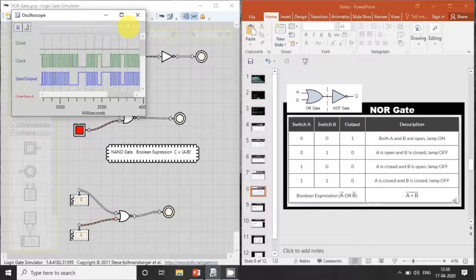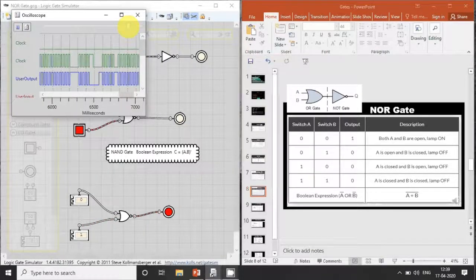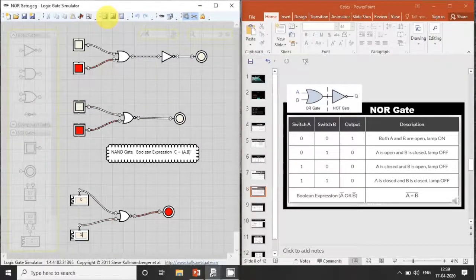This is a switching diagram. According to the switching diagram, or the timing diagram, the output is continuously changing as per the change in the clock pulse. Now let us see another entry.